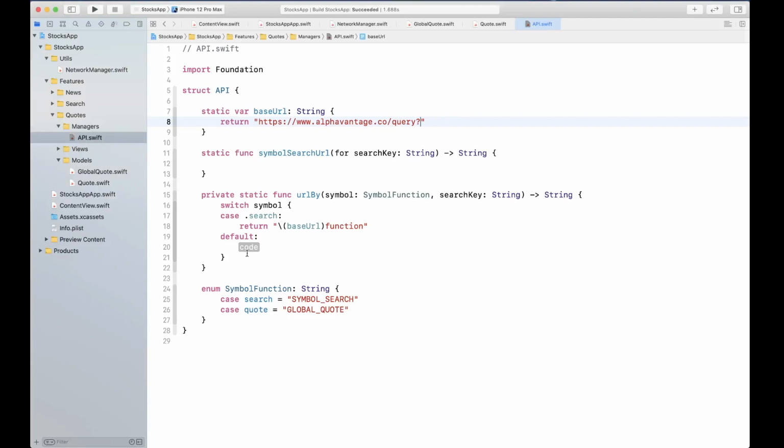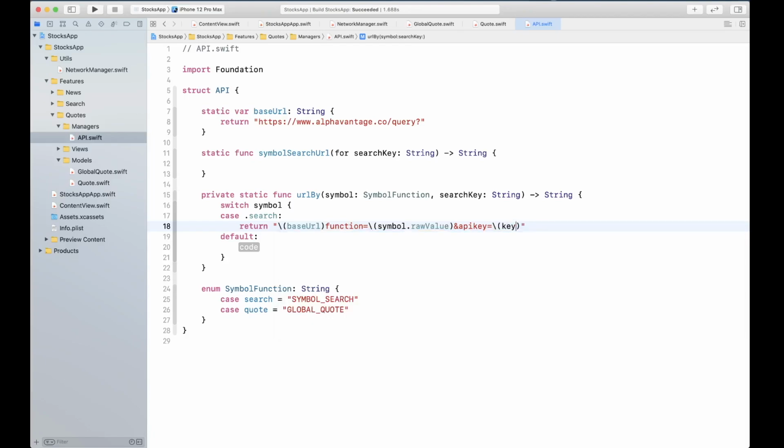So base URL function is equal to symbol dot raw value, because we want the string value of the symbol. So if search is applied, then we're gonna get symbol search as the value, and then we're gonna supply the API key. Okay, and the API key is going to be the key,